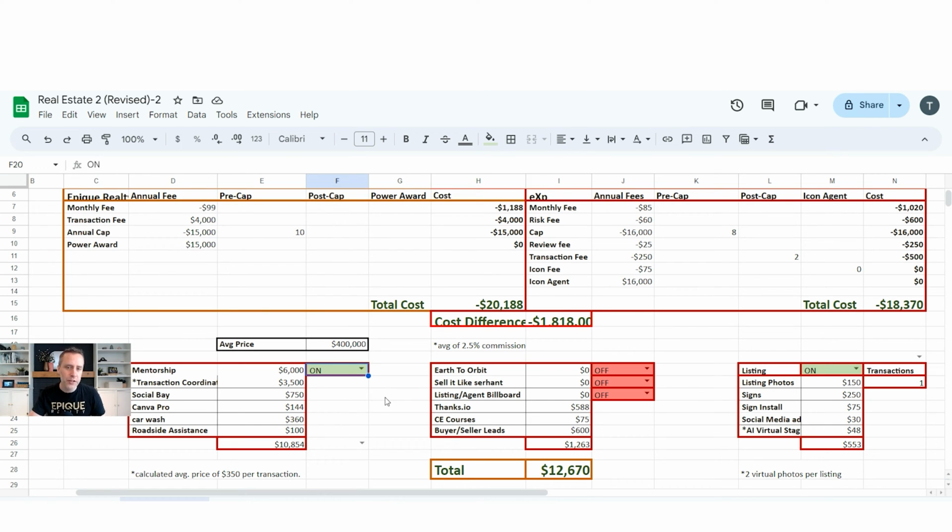Like I said, plug your own numbers in. If you feel like you want to pay for those on your own, or maybe not use those, maybe not have a car wash, maybe not have Canva, whatever it is, plug those in how you wish. Maybe you just want to be your own transaction coordinator. That's fine. But we want to treat this like a business. So at Epique Realty, we're treating this like a business. Right here we're saving $10,854, whereas your cost here is $20,000, we're saving